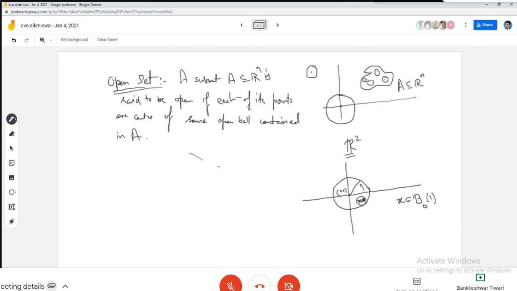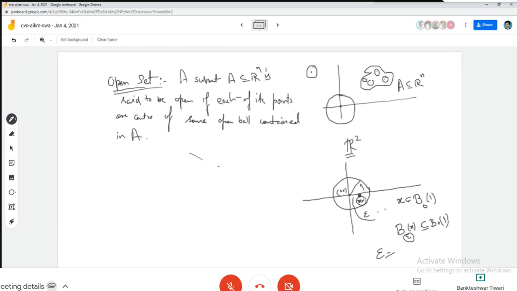So what are the radius of this open spheres centered at arbitrary point x, such that मान लीजिए इसका रेडियस आपने एप्सिलॉन ले लिया है, एप्सिलॉन इज द रेडियस ऑफ दिस ओपन बॉल, so this B(x, epsilon) should be contained in B(0,1). So my question is what should be this epsilon? एप्सिलॉन कितना ले लिया जाए तो कोई दिक्कत हमको नहीं होने वाली, क्योंकि मान लीजिए कि अगर आप 1 रेडियस ले लीजिए तब तो नहीं कंटेन्ड होगा। तो हमको छोटा रेडियस लेना पड़ेगा,